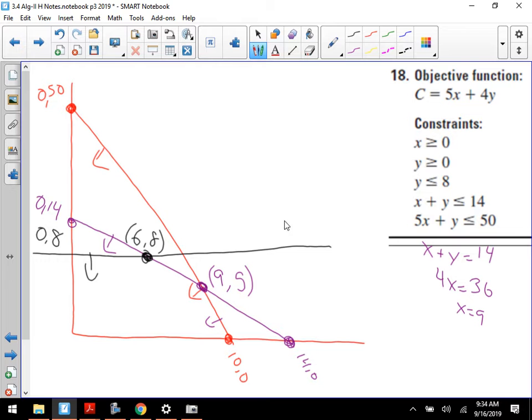And then we have our (0, 0) as our only other point that we have to worry about. So, if the question was finding the maximum and minimum values, in this case you would be substituting all 5 of those points: (0, 8), (0, 0), (10, 0), (9, 5), (6, 8). Those 5 values you would substitute into your objective function to figure out which one's the largest and which one